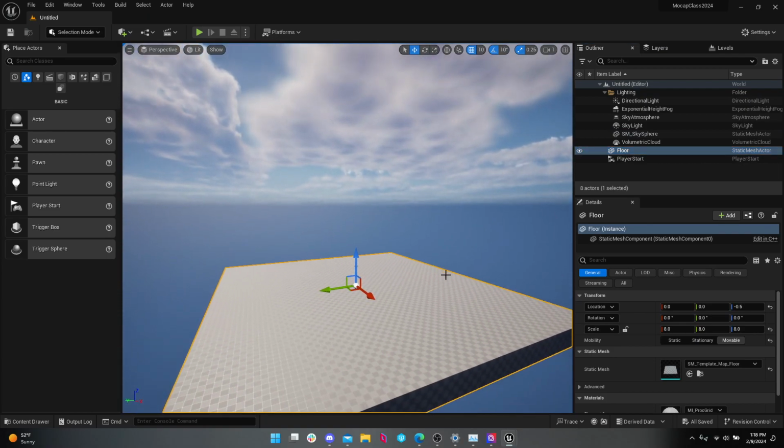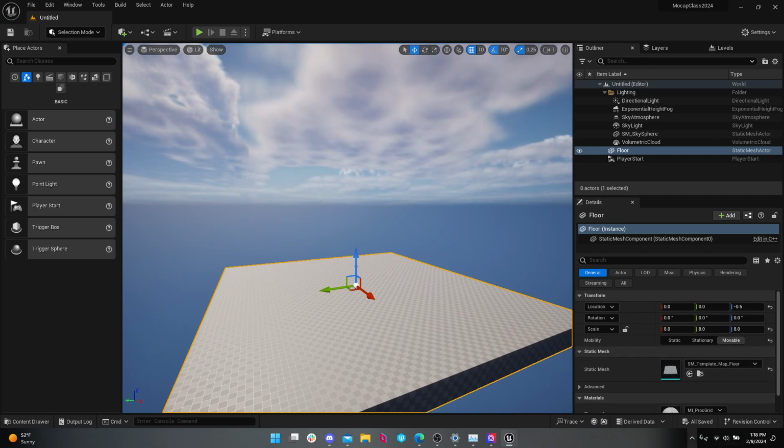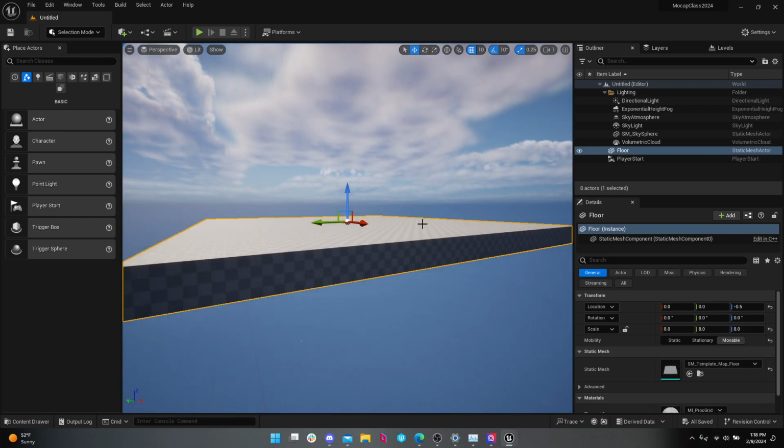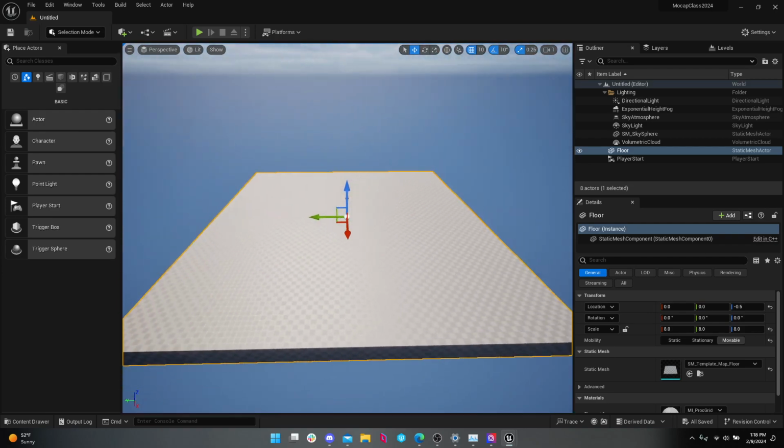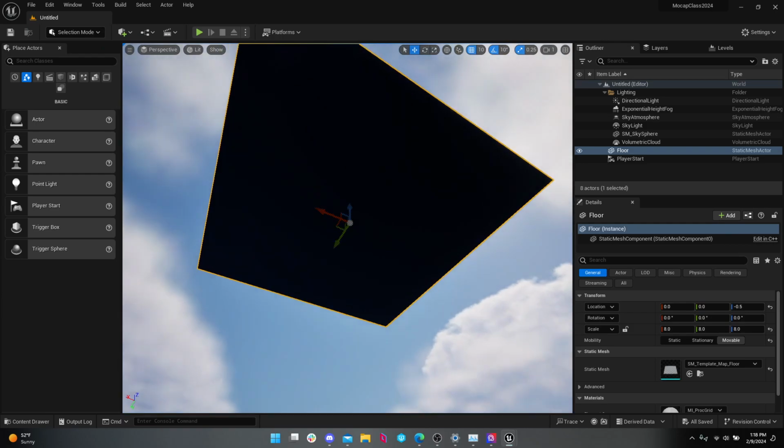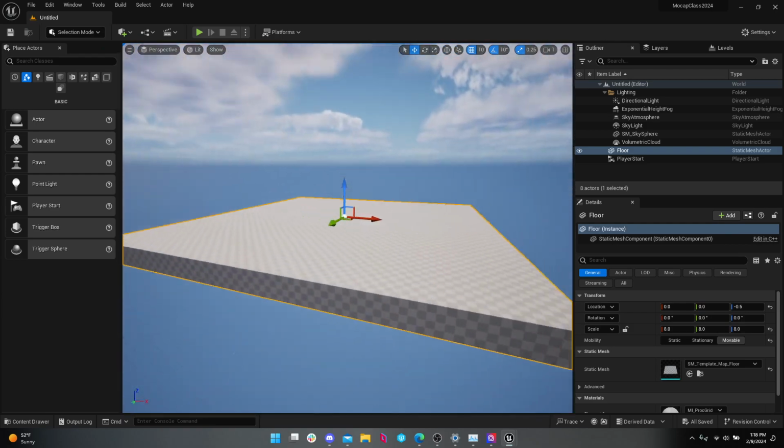Another really useful keyboard shortcut to know, if you've done 3D modeling like Maya before, is the same thing. If you focus on something with F and then let go, and then hold down the Alt key on your keyboard and left click, you can orbit around that selection.